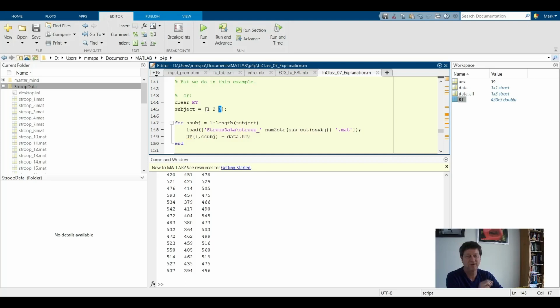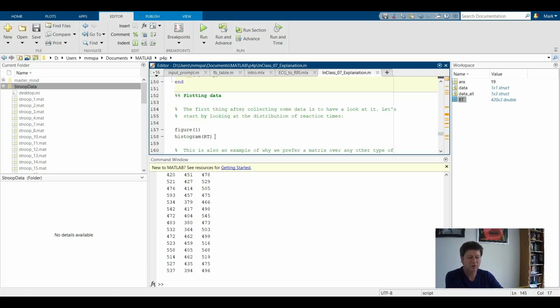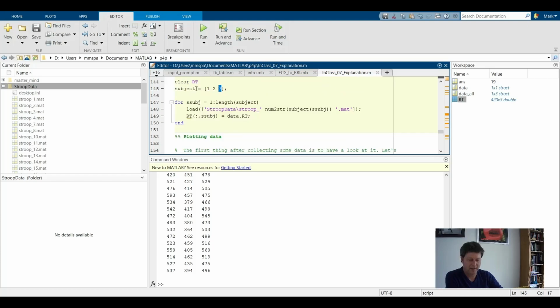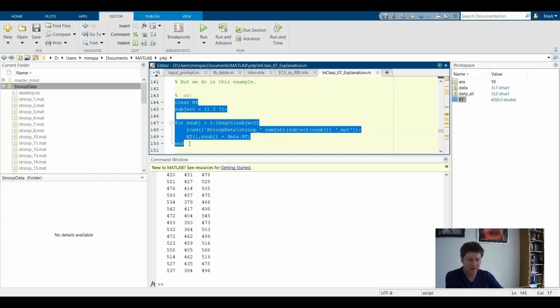So that is a very clear distinction between running for S subject is 1 up to length subject or for subject. If you would have a for subject here, the data for the 7th subject will go into the 7th column. We saw that before. So if you want to plot the data in, for instance, plot the data for this